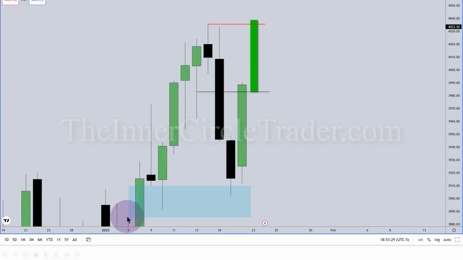Now, if you look at the fair value gap I've outlined here, from this candle's high and this candle's low, extending it out in time, you can see we dropped down into that last week. Had a nice energetic run away from that on Friday, leaving a fair value gap here, trading up into that, ramming it through, and then reaching for buy side. So with this logic in mind, I want to take a look at the intraday charts, because that smash above that 40.35 level was just brilliant today.